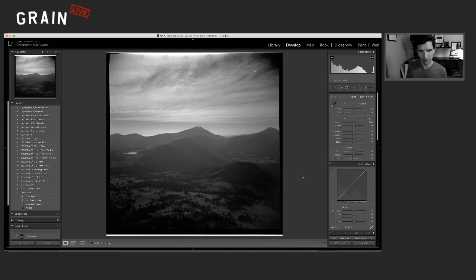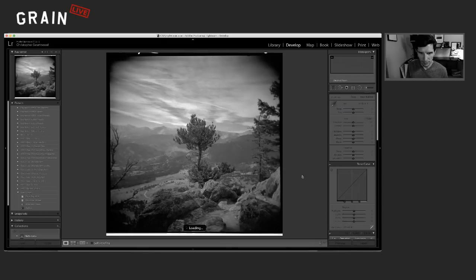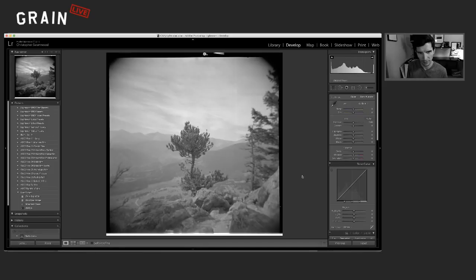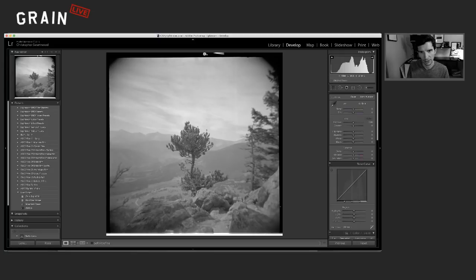So this is the darker red filter. These are the two trees. This is the red filter, and you can see it's pretty intense. It cuts through a lot of that haze in the background, and the clouds obviously are popping, but if you notice around these mountains, it really starts slicing through a lot of that. Yeah, but again, I'm really digging these